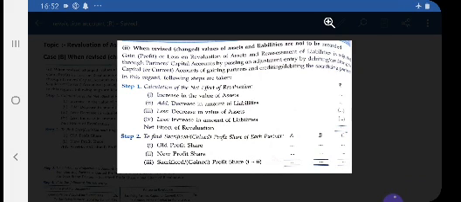And now we will discuss case B, when revised value of assets and liabilities are not to be shown. In this case, we will find out the net effect of revaluation. And what is the rule to find out the net amount? That we will add all the credit items. What are the credit items? If in the question there are increases in the assets